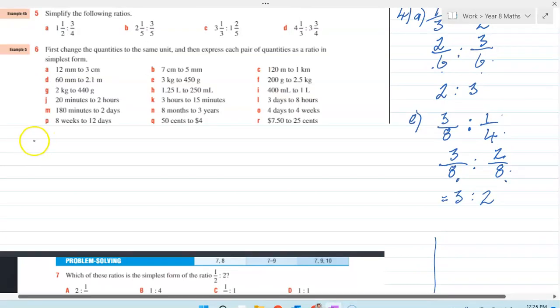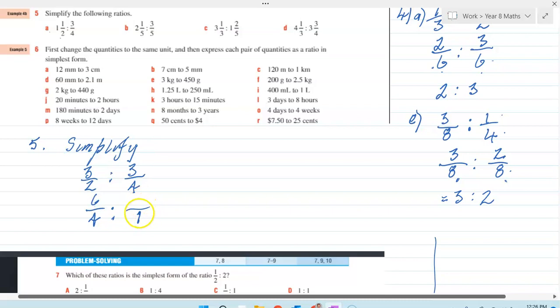Question 5 asks us to simplify. So we've got here mixed numbers. So we've got 2 and a half, which is 2 times 1 is 2, plus 1 is 3. So I've got 3/2 is to 3/4. So the lowest common denominator of those two, of 4 and 2, is 4. 4 here, and 4 here. So 2 goes into that twice, so 2 3s is 6/4. Is to 3/4, so that becomes